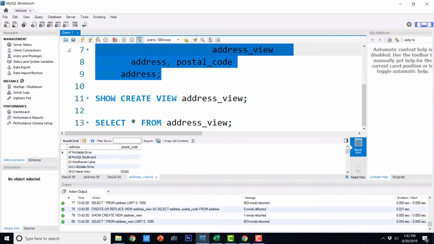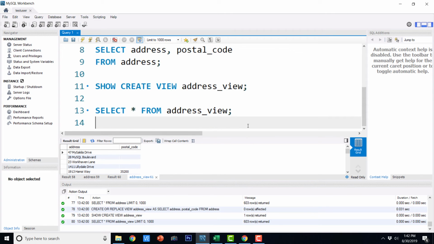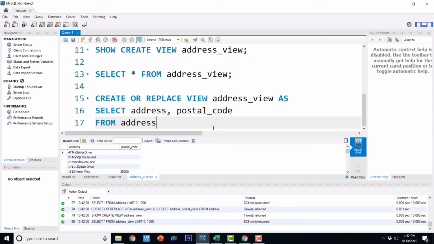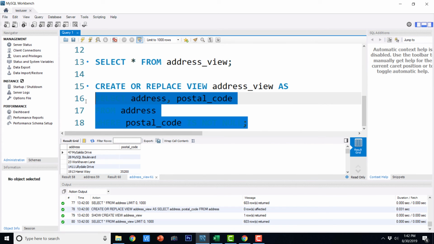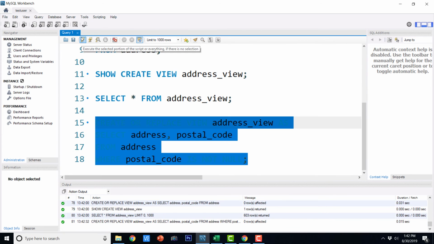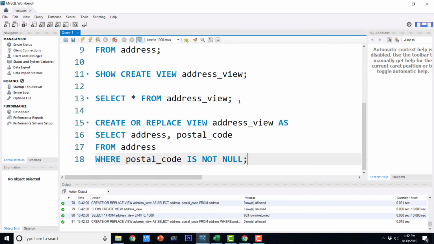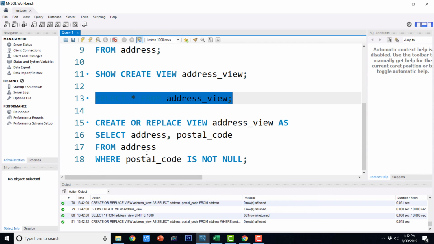We can also add some condition to the view definition, and finally here we can say where postal code is not null. And if I execute this, it is going to create a view with this condition.